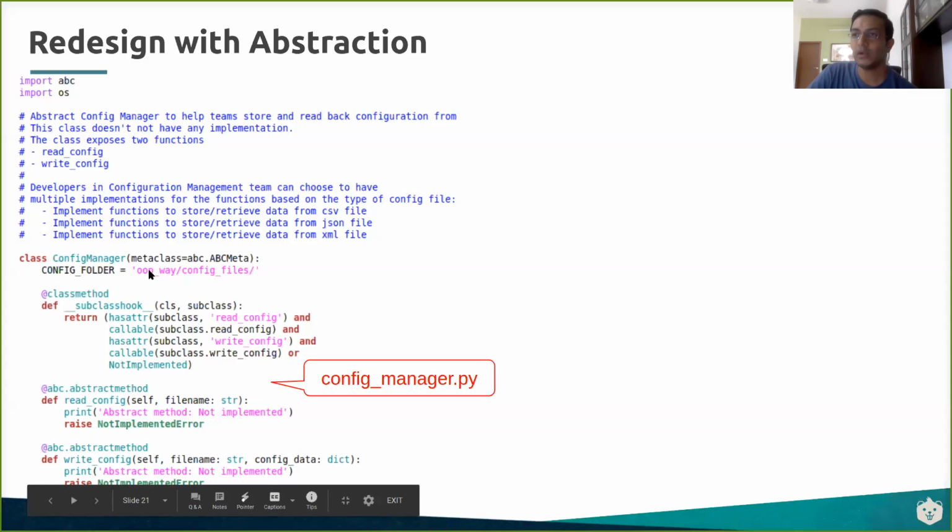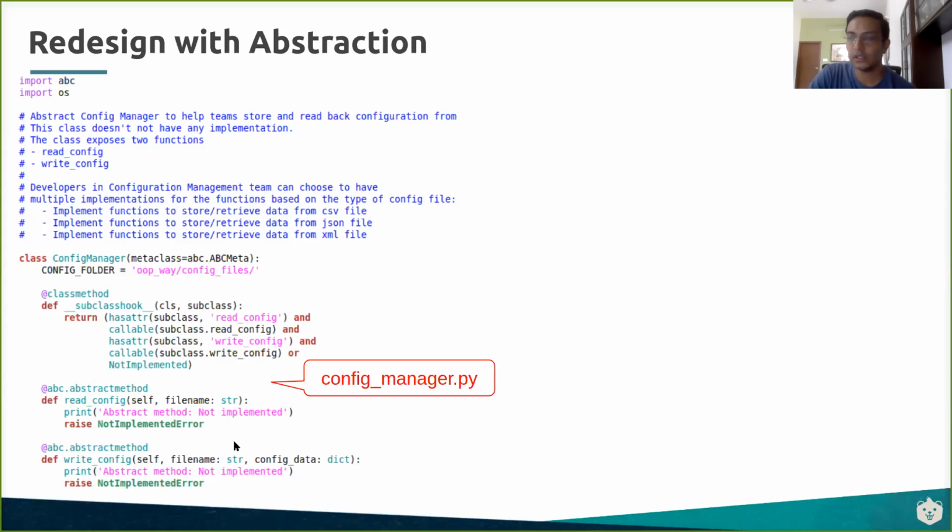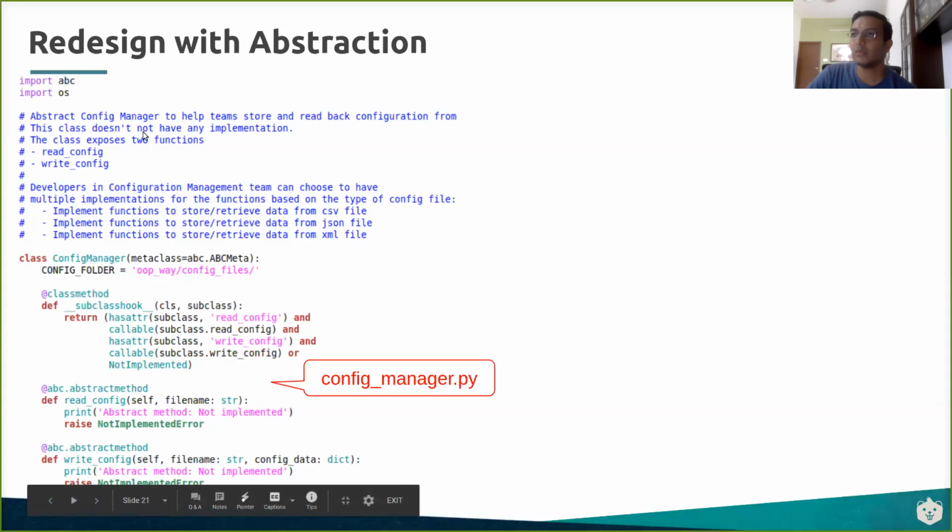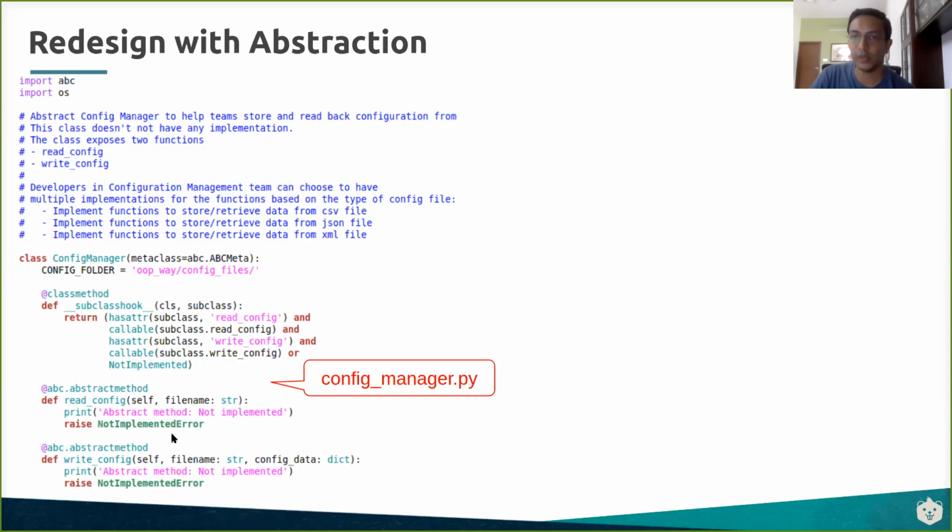So the clients will only know that I can call read config, I can call write config, right? But now, how do we support XML and JSON in this case? Now this config manager says, I'll keep it very clean. I'm an abstract class. I'll expose only my read config, write config to the clients. They need not know what's going on behind the scenes. They need not know whether they are actually trying to do JSON or XML or CSV, right?